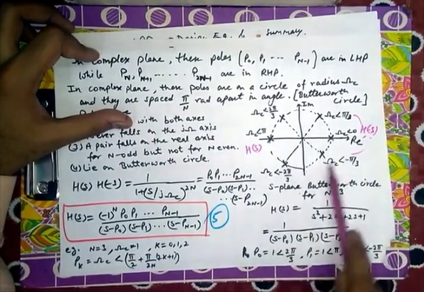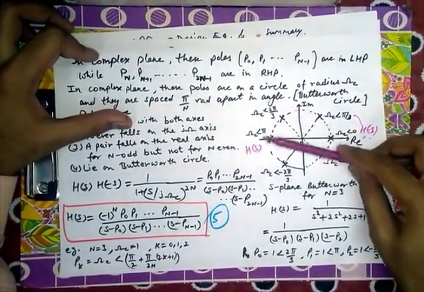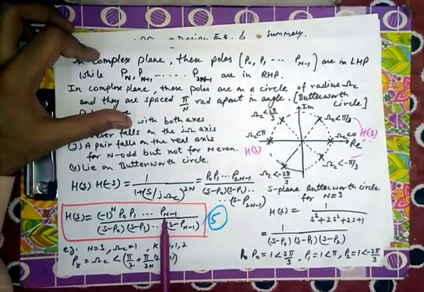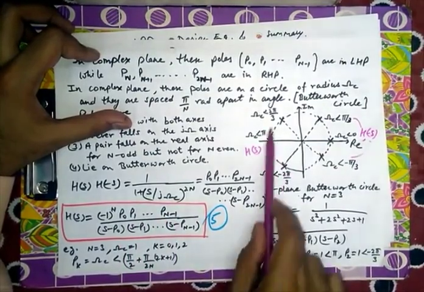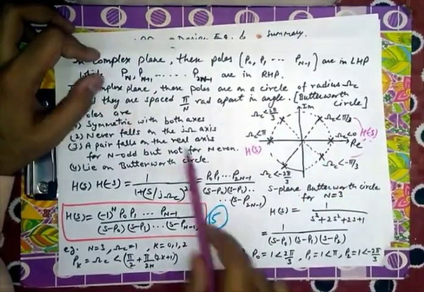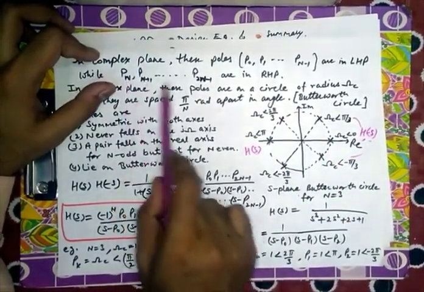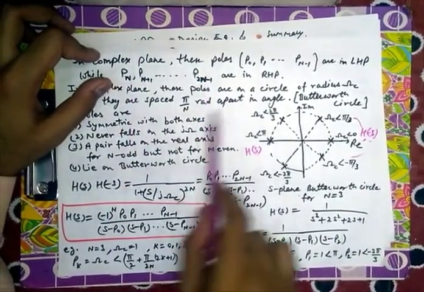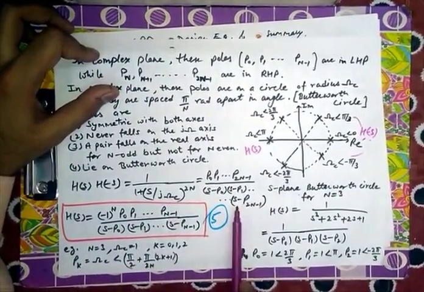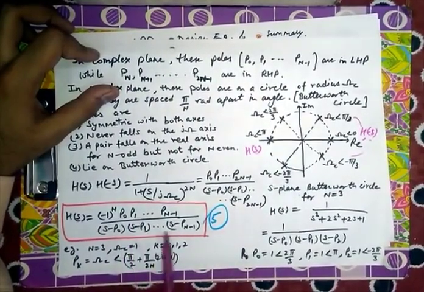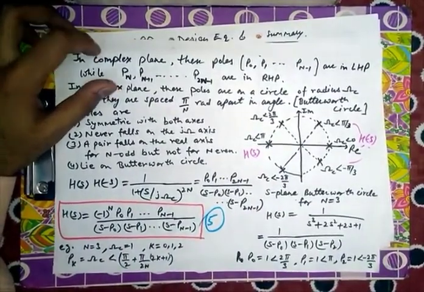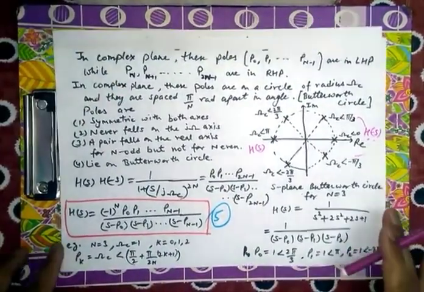So it is for the complete circle, but we will assume only the left half plane. So further we can write it as P0, P1 to P(n minus 1), because now only the left half plane poles are taken. Right half plane poles, that is poles from Pn to P(2n minus 1), are discarded. So the limit becomes 0 to n minus 1 naturally, and the poles are also taken from 0 to n minus 1 only from the left half plane. So this is the final expression of the filter transfer function.